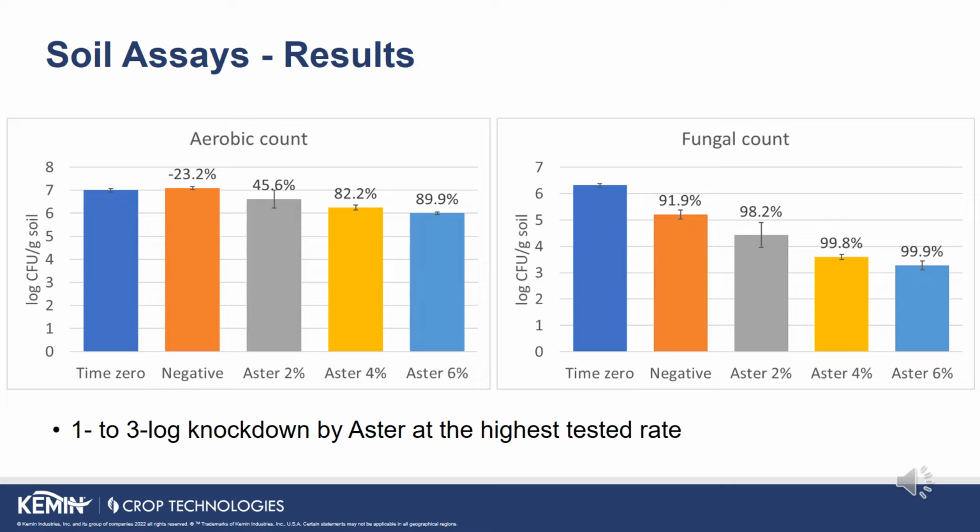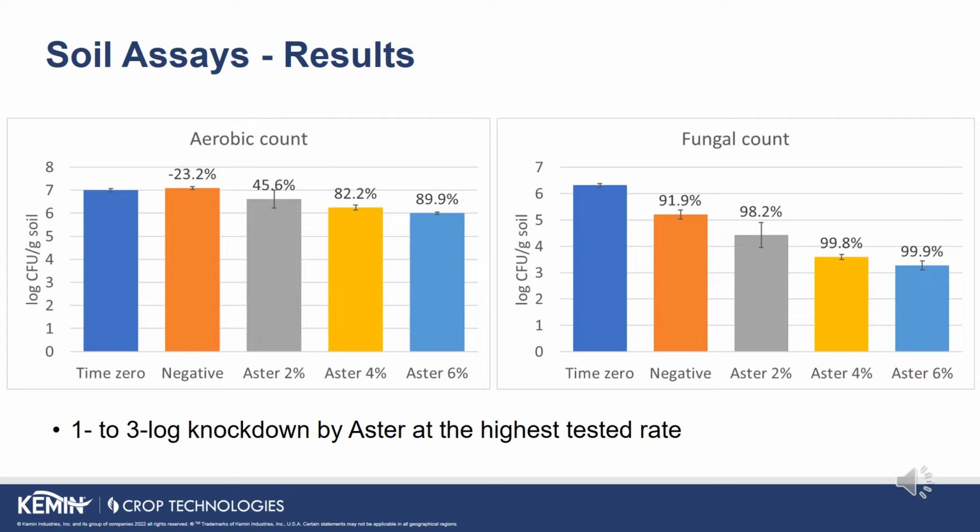In both cases you can see with increasing concentrations of aster a decreasing count or population of either the bacteria or the fungi, with as much as 89.9% knockdown in the population of the bacterial aerobic count and a 99.9% knockdown in the fungal count. In both cases, you see anywhere between a 1 to 3 log knockdown, which is a significant reduction